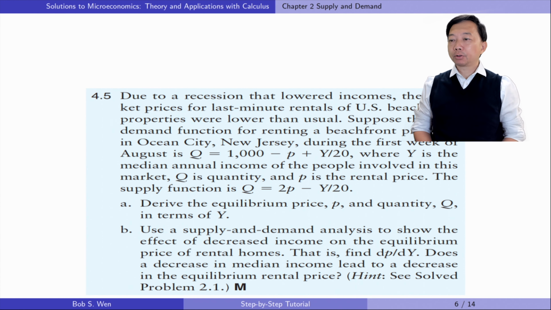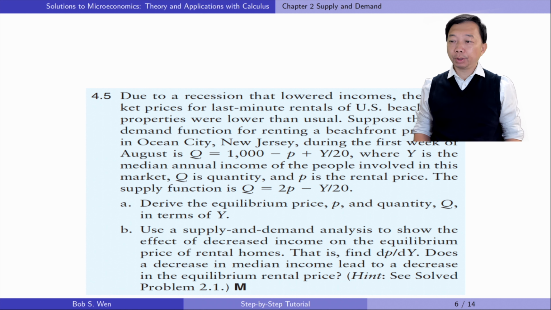Let's find answers to exercise 4.5. Due to a recession that lowered incomes, the market prices for last-minute rentals of U.S. beachfront properties were lower than usual. Suppose that the demand function for renting a beachfront property in Ocean City, New Jersey, during the first week of